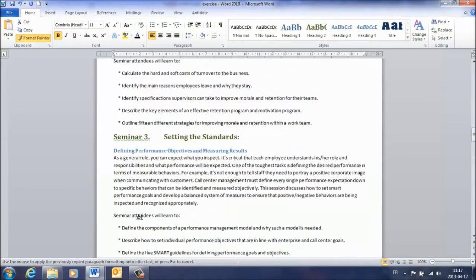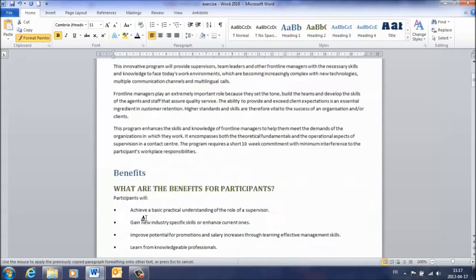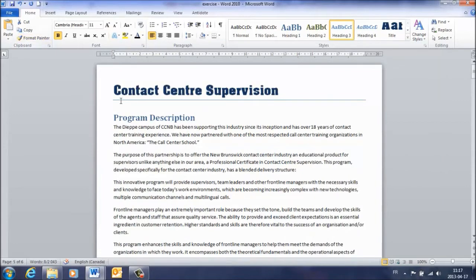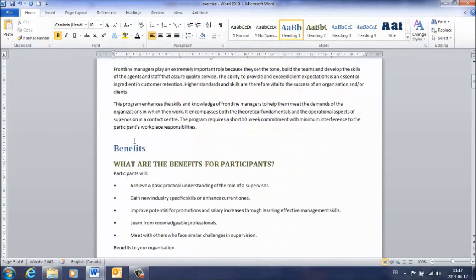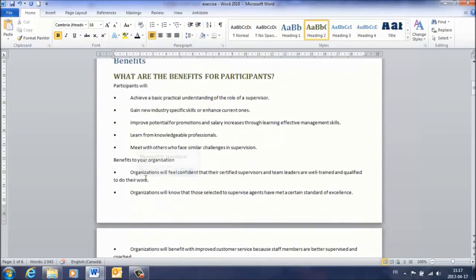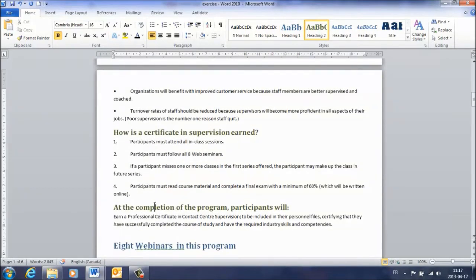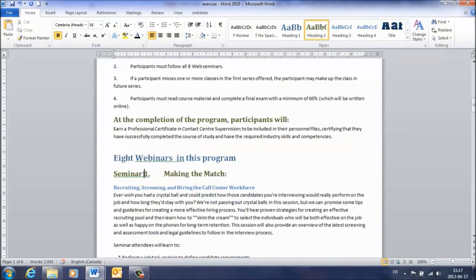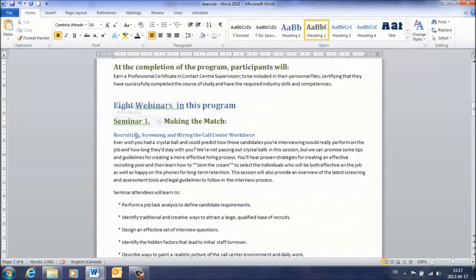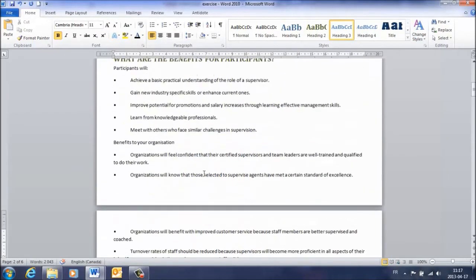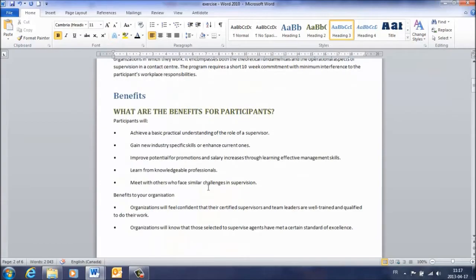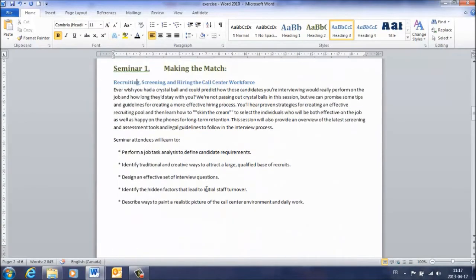So I have the title. If I scroll all the way up, I have the title, which is here. I have heading 1, which is here, and here, and these are heading 2s. Heading 2, heading 2, heading 2, and these are heading 2s. And these are heading 3s. So as you can see, I was able to create a little bit of consistency in my document using these